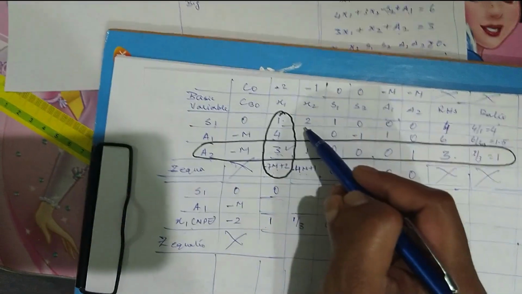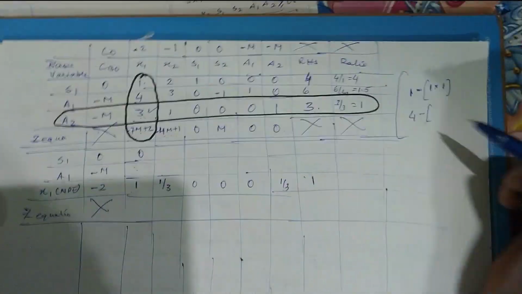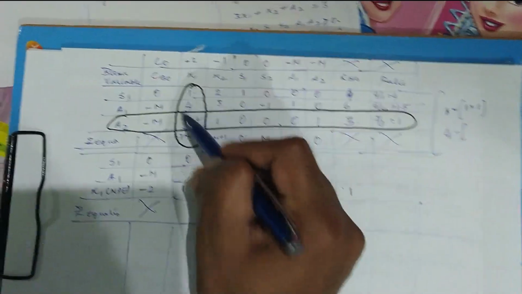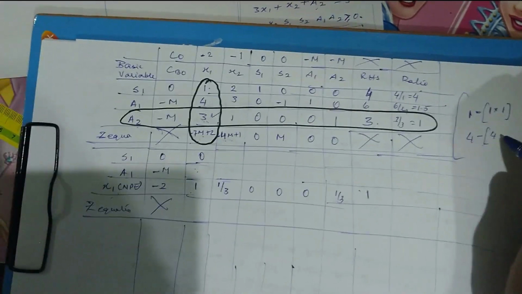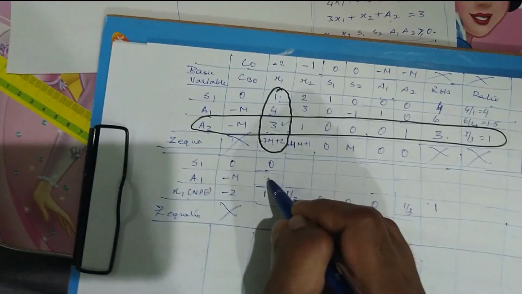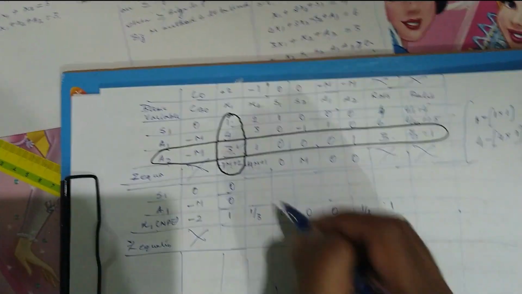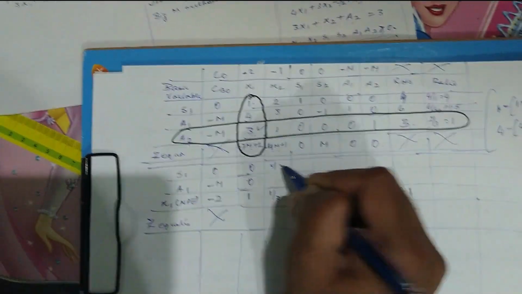Okay, similarly, if I have to write for this particular cell here, the old element in this position is 4, open the bracket, the entering column coefficient of that particular row is again 4, multiplied by the new pivot element is 1, so therefore it becomes 0. Similarly, I'm going to simply write the other values.